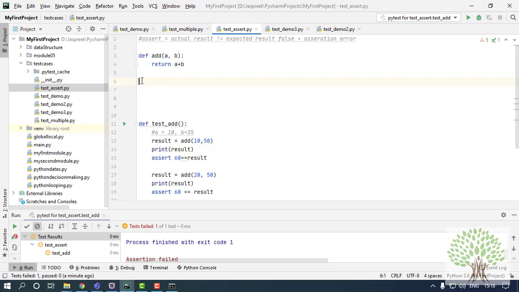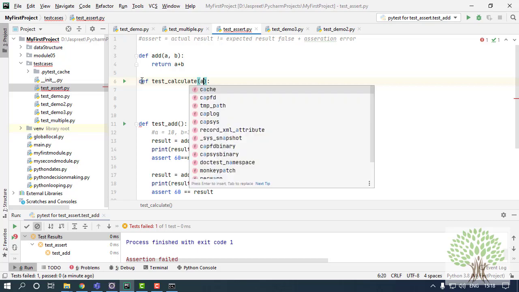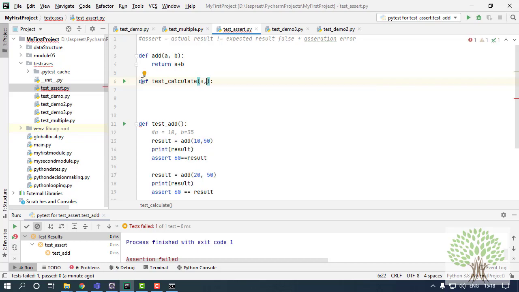I'll make one more function. I'll say def test_calculate. To this particular test case, I will be parameterizing three parameters: the first number, the second number, and the output that I am expecting.